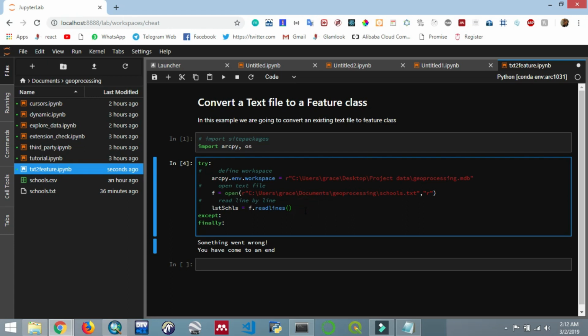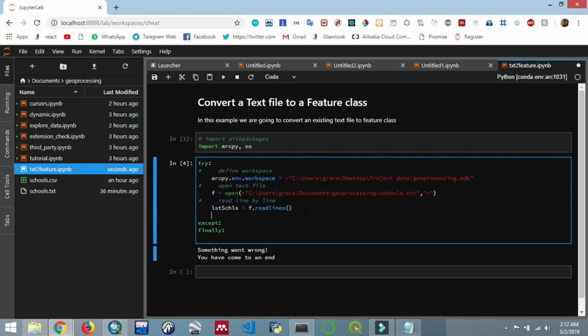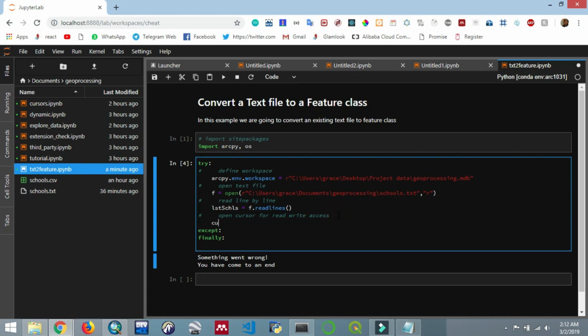Then next we need to create our cursor. We are going to create an insert cursor, open for read and write access. This is a cursor. To create a cursor, we'll just name it cursor. Then we'll give it arcpy.InsertCursor, and then the name of the file, which is